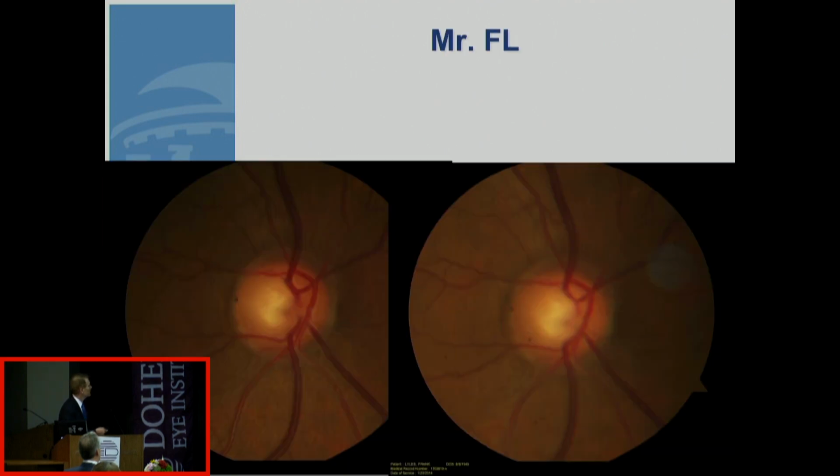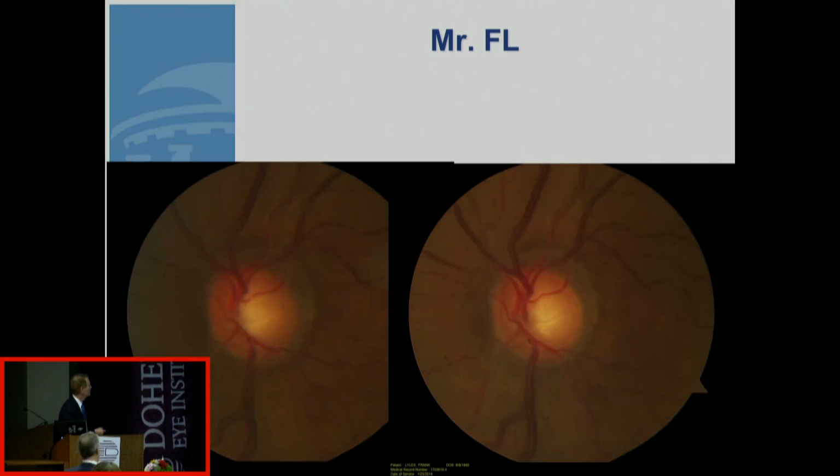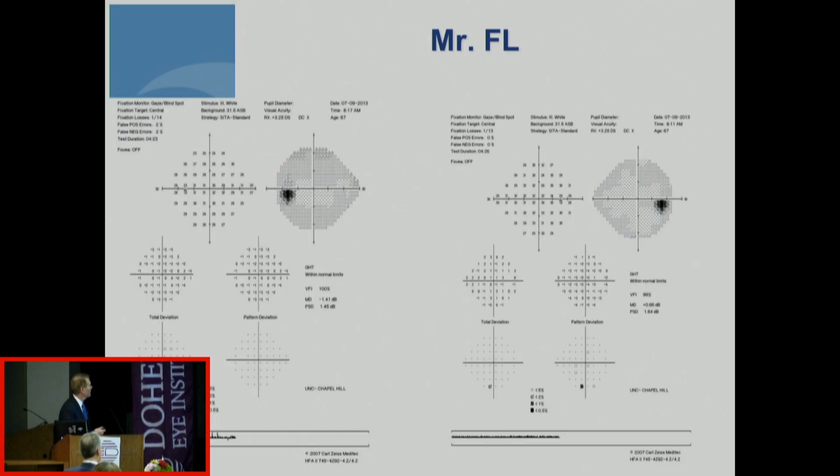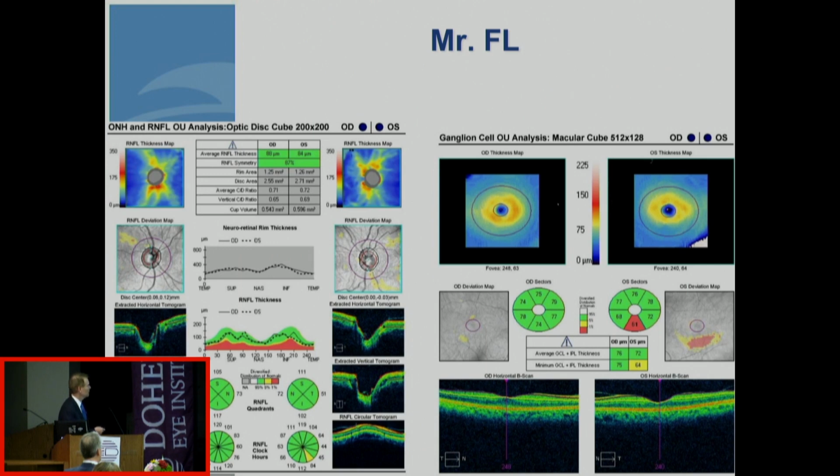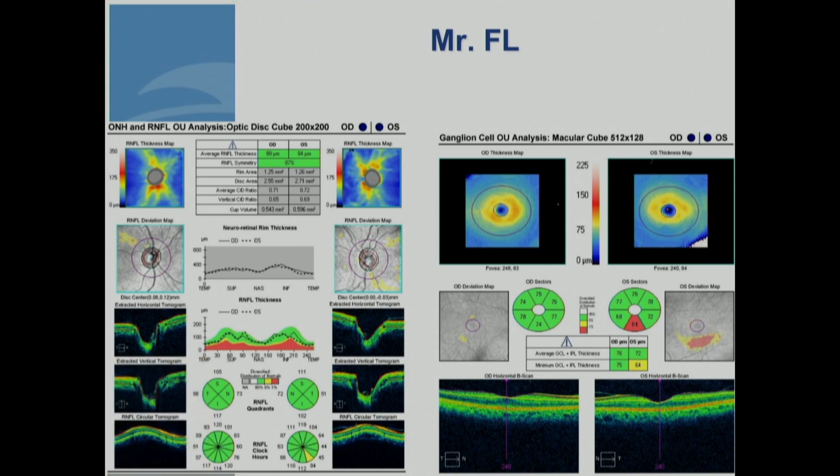And these were his optic discs, the right eye stereo photos, and left eye, so not frankly abnormal, completely normal visual fields. And these were the OCTs. And this is a very common consultation for a glaucoma subspecialist. And so here we have a patient who really has average RNFL thickness, clock hours quadrants in the green, but we're seeing a fairly dense defect in the GCIPL here that's not showing up at all